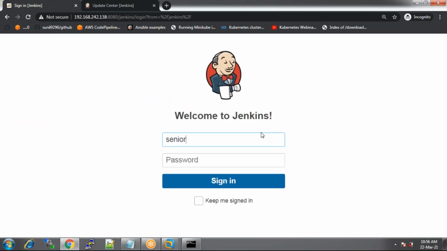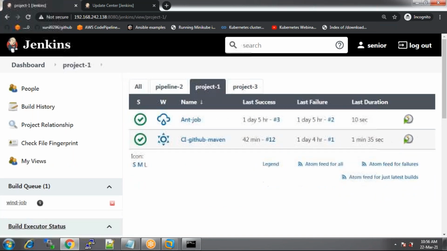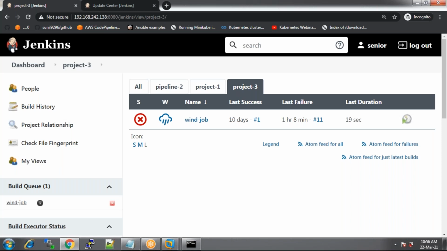So log out and then log in with the username senior. Now I'm able to see only these two projects. So why is project 3 appearing? Why this job? Because in